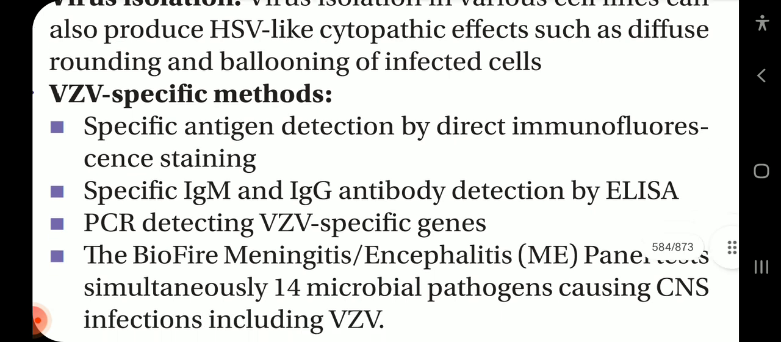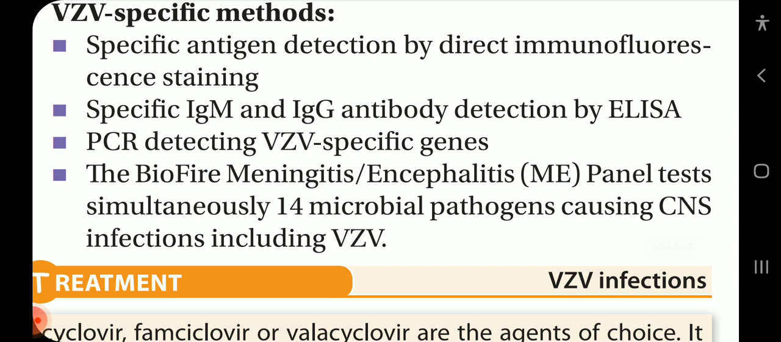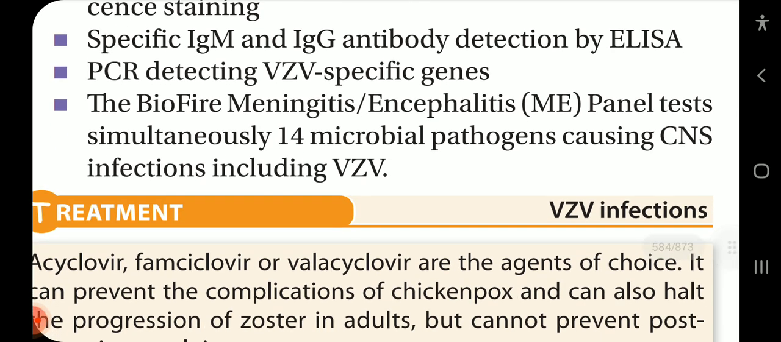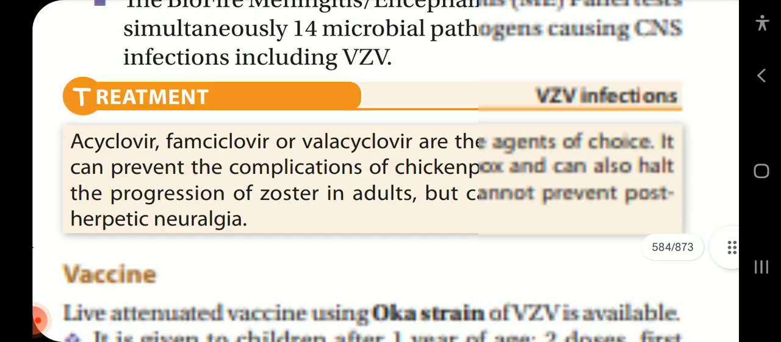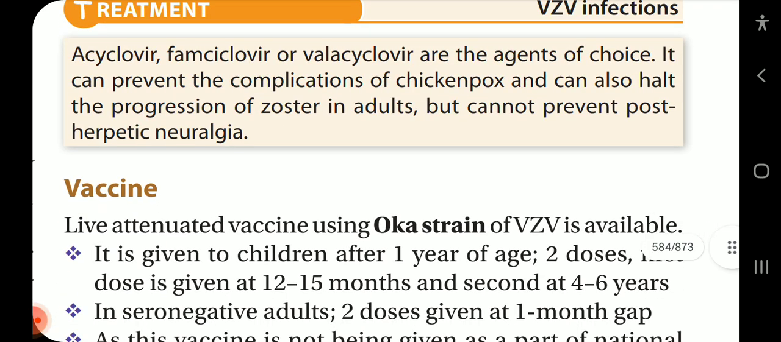VZV specific methods: specific antigen detection by direct immunofluorescence staining, specific IgM and IgG antibody detection by ELISA, PCR detecting VZV specific genes. The BioFire Meningitis Encephalitis ME panel tests simultaneously 14 microbial pathogens causing CNS infections, including VZV. Treatment of VZV infections: acyclovir, famciclovir, or valacyclovir are the agents of choice. It can prevent the complication of chickenpox, can also halt the progression of zoster in adults, but cannot prevent post-herpetic